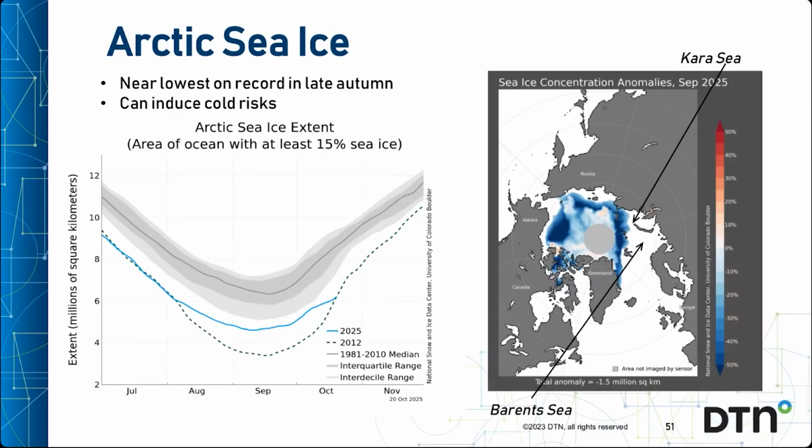Arctic sea ice, or rather the lack thereof, can also be a pertinent factor when it comes to the polar vortex. With warmer seas and low ice extent, especially in the Barents and Kara seas, there's less to inhibit northward extending ridges and transport of warmth across the Arctic and towards the pole. And that disturbs the polar vortex, or it leads to sudden stratospheric warming events. At the moment, Arctic sea ice extent is near record low levels and expected to stay low as we go into winter.